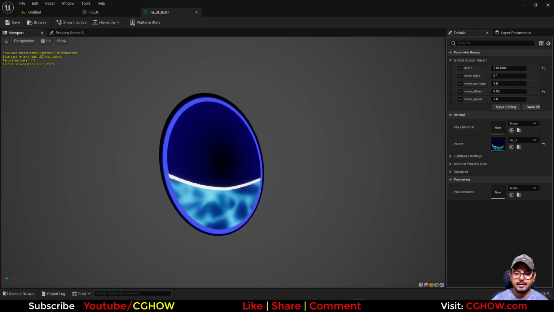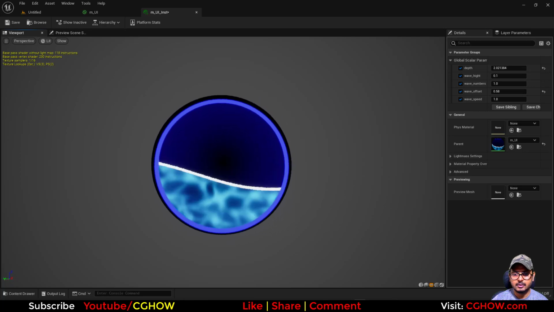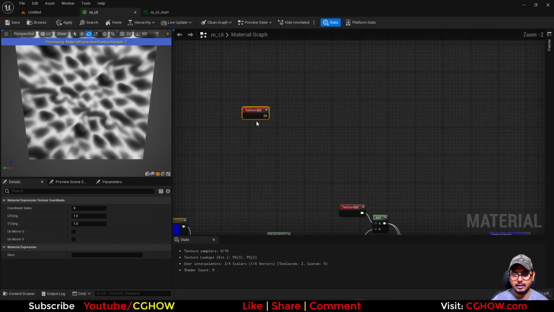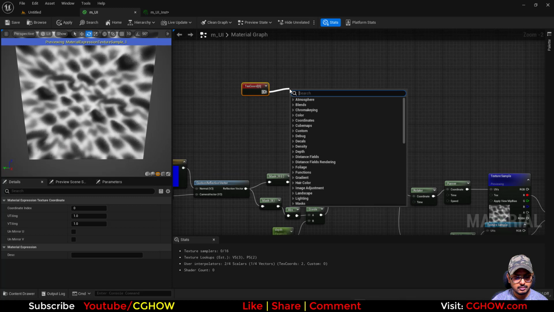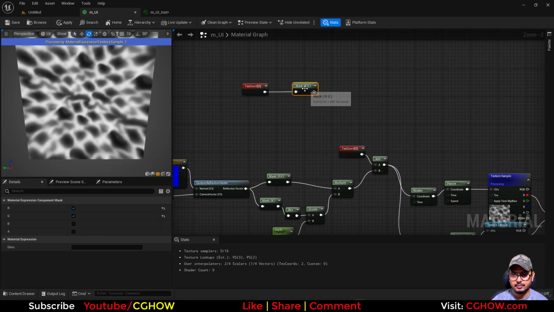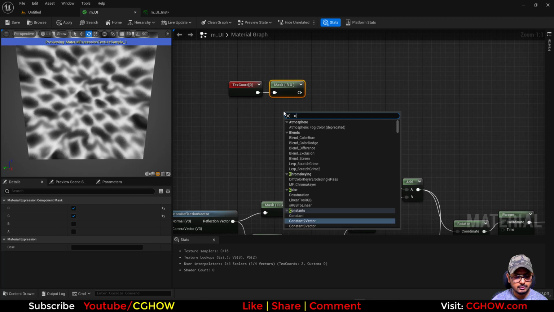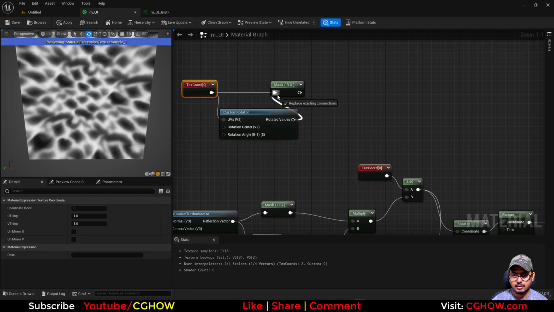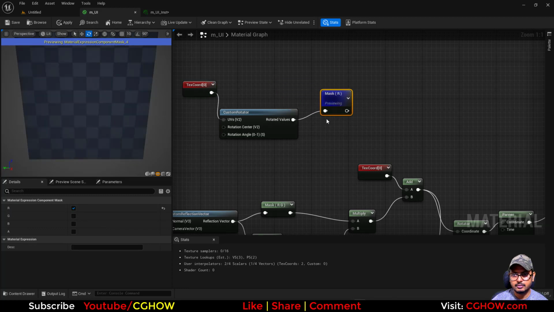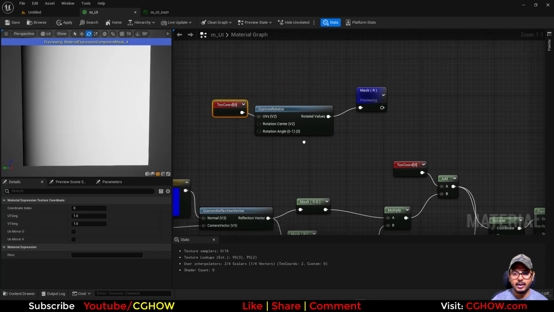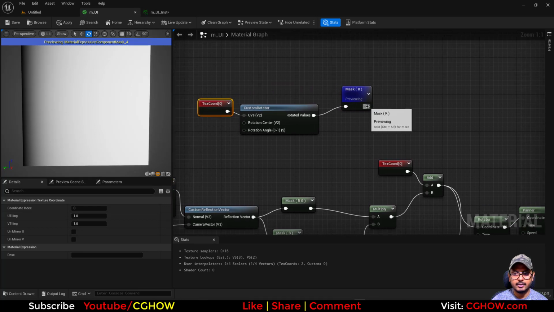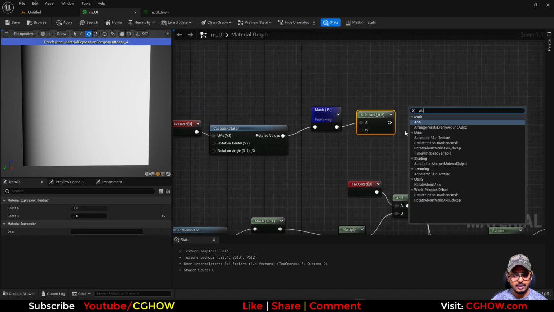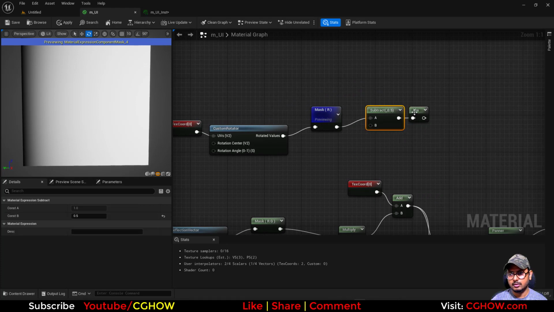Okay, and you can also make something like, I'll take a texture coordinate and then I'll mask, Shift C, and I'll use custom rotator here, and then I'll take a channel anyone. So here we have this channel, and if I subtract 0.5 and then take the absolute of it, so I will have this,